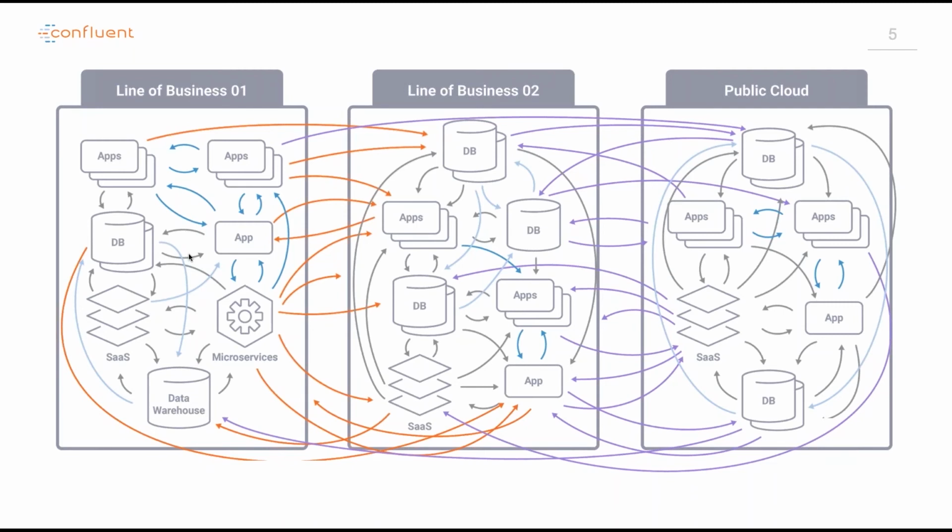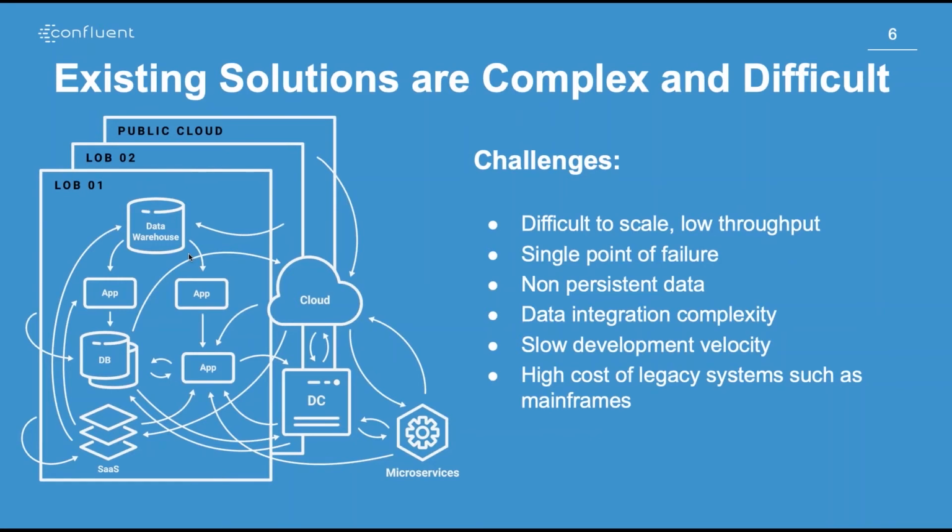Architectures like this present us with many challenges when we start to think about developing new applications or even managing existing applications. A few of those challenges include the difficulty to scale.